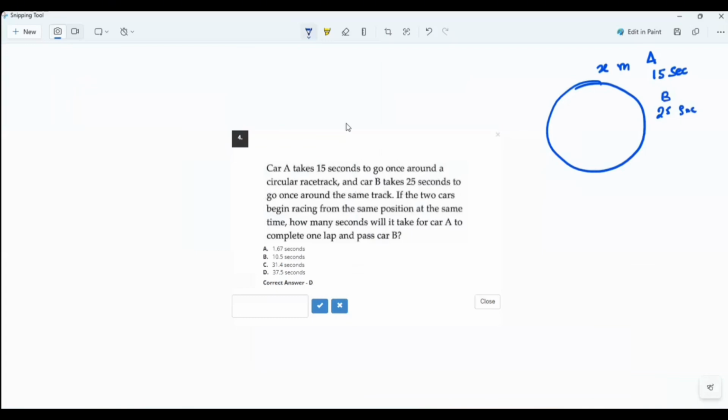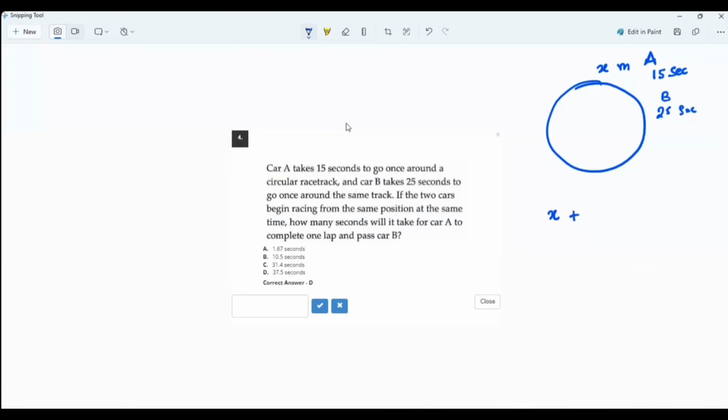If the two cars begin racing from the same starting position, obviously A will have the advantage, right? It can even lap the second car. How many seconds will it take for car A to complete one lap and pass car B? That means one lap means